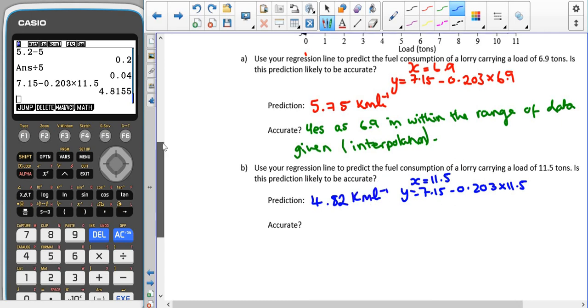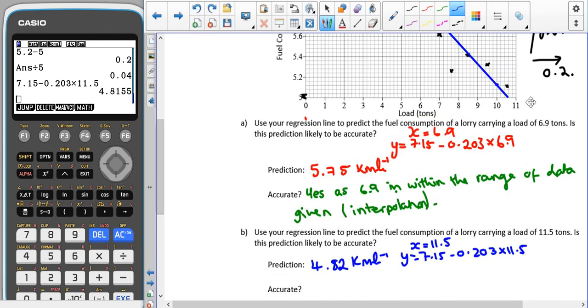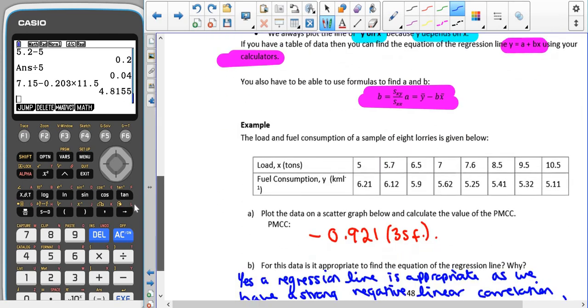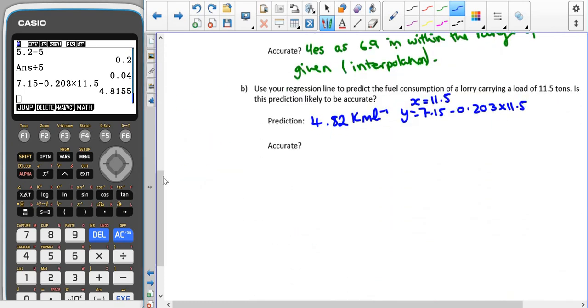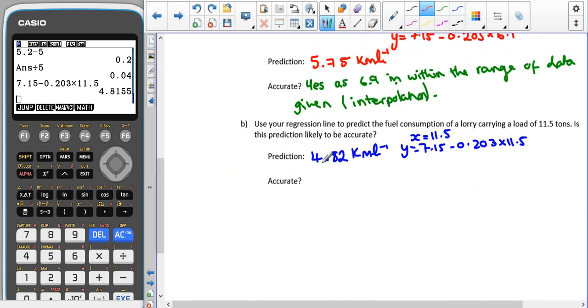Now, when we're asked again to have a look if this is accurate, 11.5 is off over here somewhere. Doesn't mean it's going to be negative because remember, here we've got 5, not 0, so just be careful with that. And if I go back to have a look at my data, the biggest value that we have is 10.5 in the loads, but we don't have anything above 11.5. So that means that the data that we've just had a look at is not within the range of data that we were given. So this time when we're asked if it's accurate or not, the answer is going to be no, as 11.5 tonnes is outside